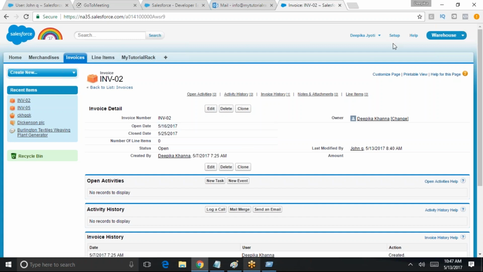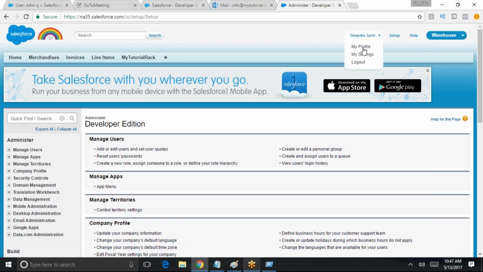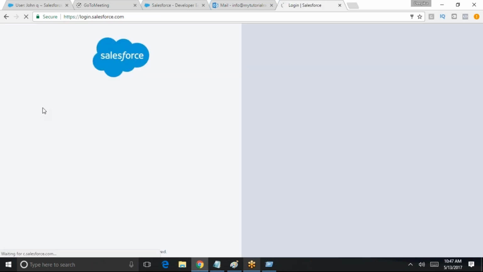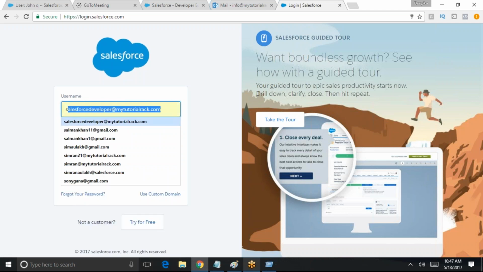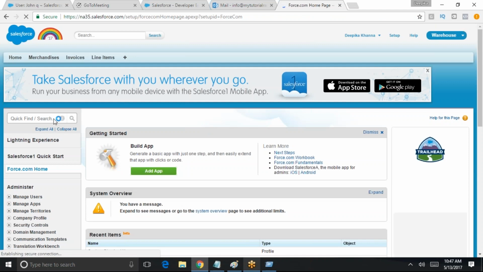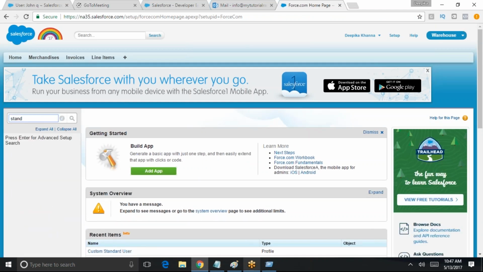No, but based on user permissions, I know a few of them. Let's say we take the platform user. So that's a good question. Let me go back and explain to you. So the main one I know is, let's go to the standard user. Okay, so standard user came under a different license and the standard platform came under a different license, right? So if I go to the profiles,